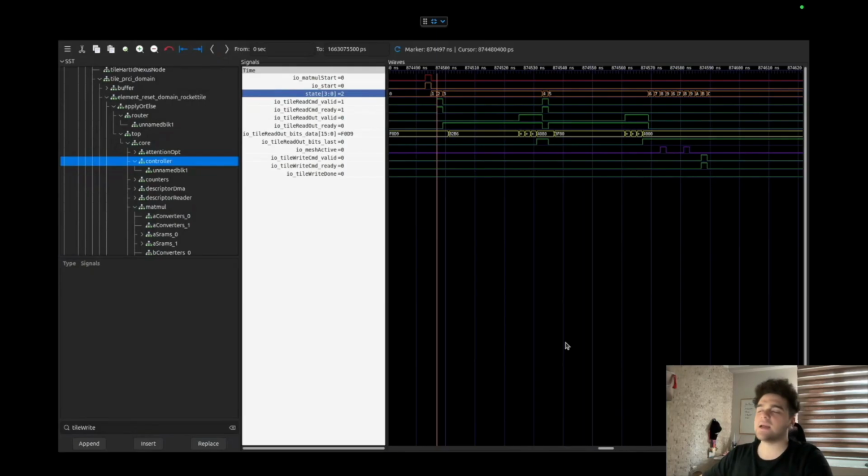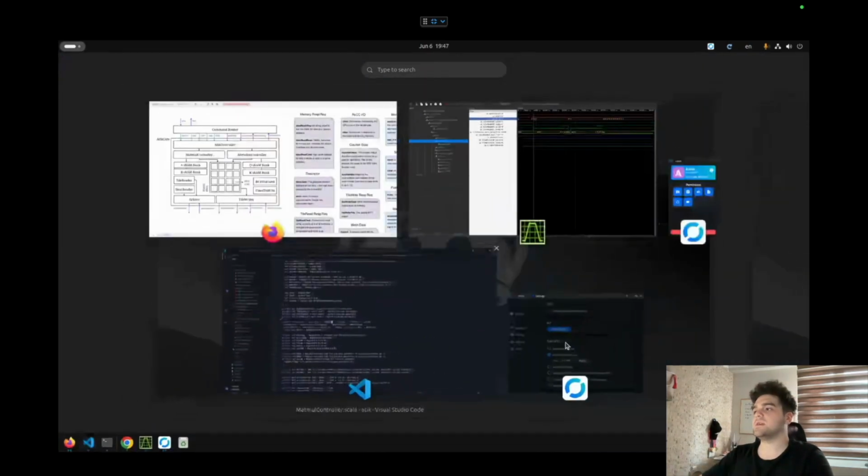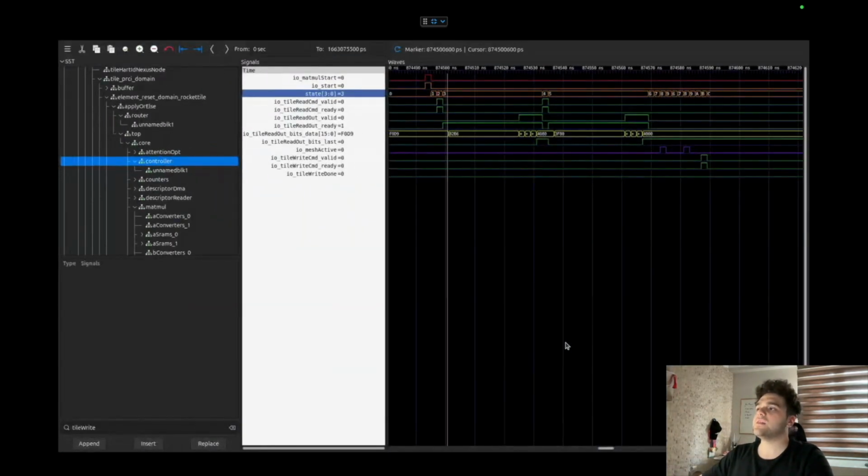is ready. And when we are at start A, that means that we are sending signals to the DMA engine that I want to retrieve data about A from the memory. And when we arrive at the fourth state, which is denoted by 3 here, we are just reading this data. And you can see that tile read out bits data is the data we are reading at that moment,